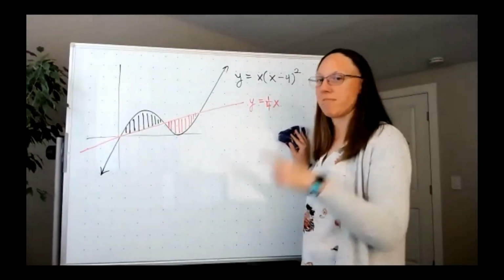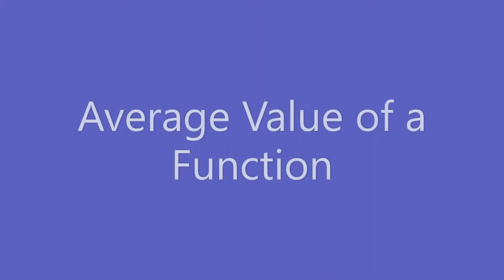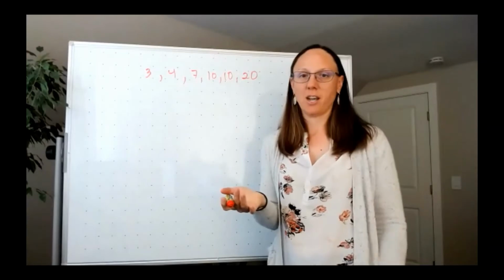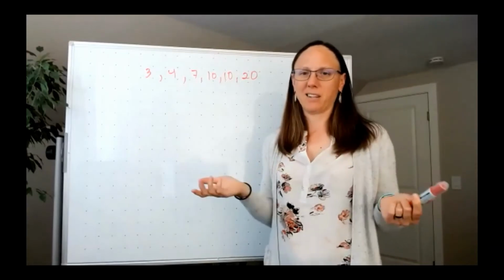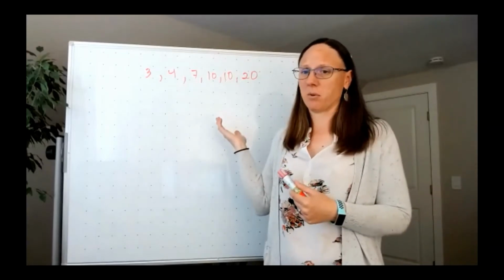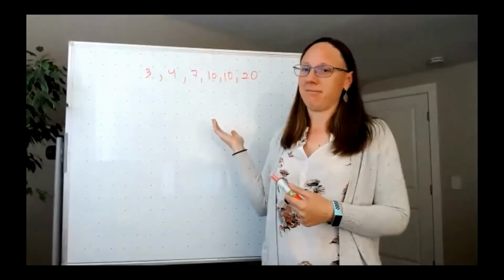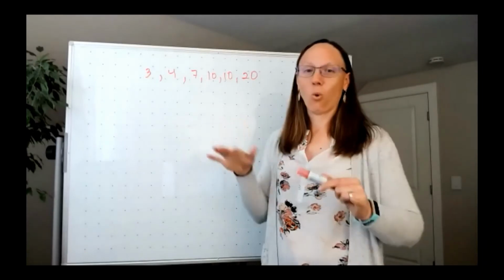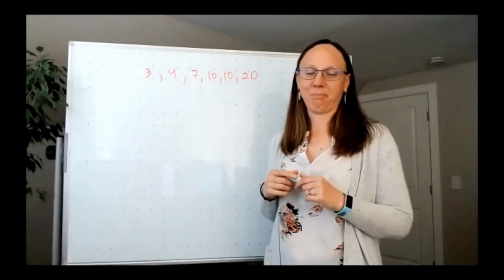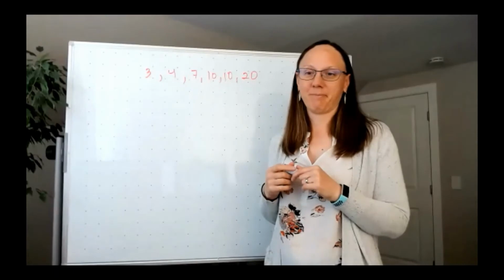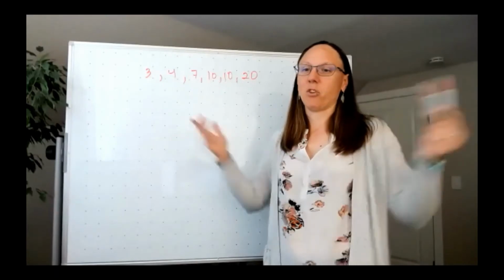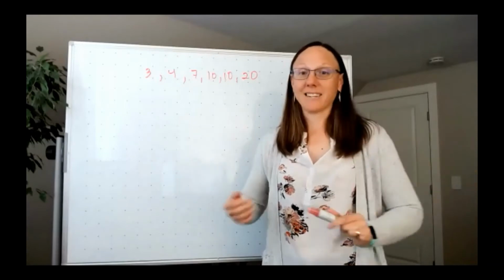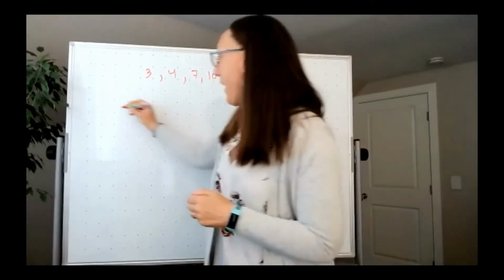Okay, onward to average value. And I asked you to find the average. I'm not asking for a number, but how do you find the average of these numbers? Anyone willing to unmute and say something or type it in the chat? Totally. You add them up and divide by the number of terms. That is how we find an average. We add them up